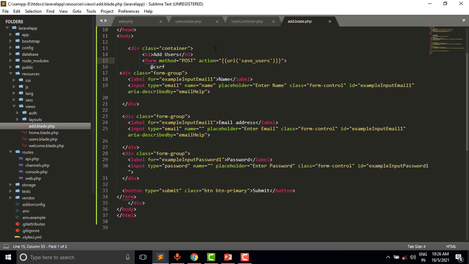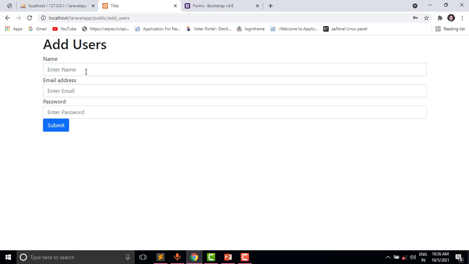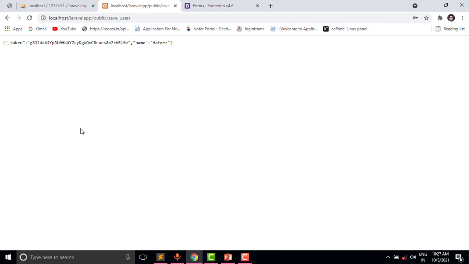So actually I have forgotten to remove the validations from the name. Type is text. So again refresh this page. Using dummy email, 4, 5, 6. Click on submit.